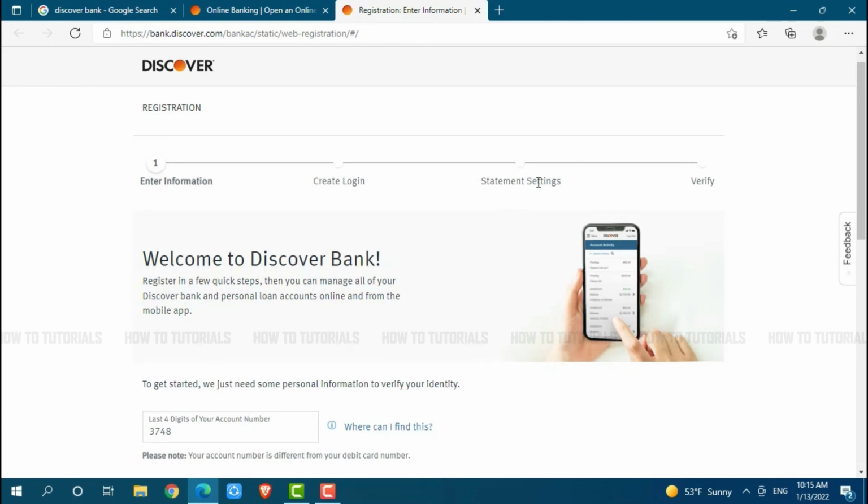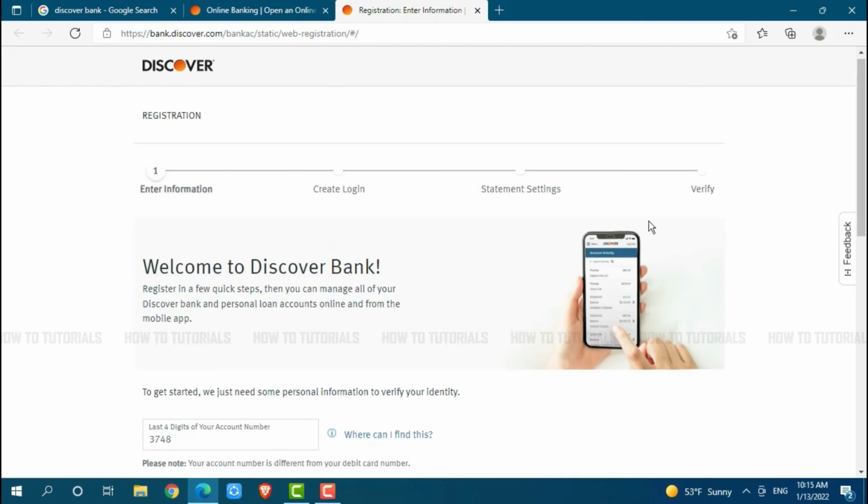After you provide all the details, then you click on continue and at the very last step you will go through verify. There you need to verify all of your details. Then you click on continue where you will be able to register yourself for the online banking account on Discover